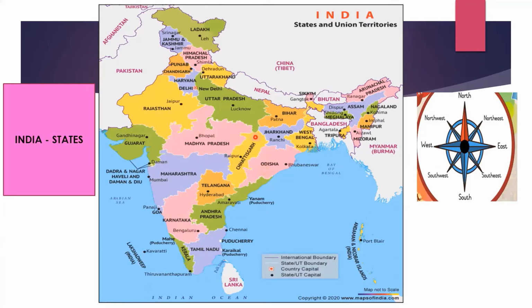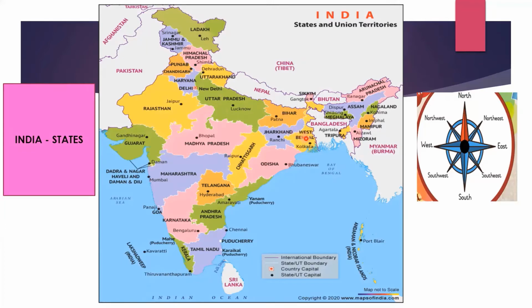Okay, then we will move to the North Indian states. So Ladakh, Jammu Kashmir. In your book, you can see only the Jammu Kashmir. This is the latest map. So first is Ladakh, Jammu Kashmir, Himachal Pradesh, Uttarakhand. Then comes Punjab, Haryana, Delhi, UP, that is Uttar Pradesh, Bihar,